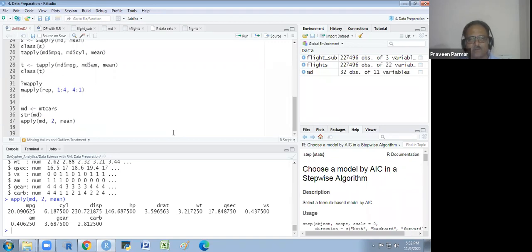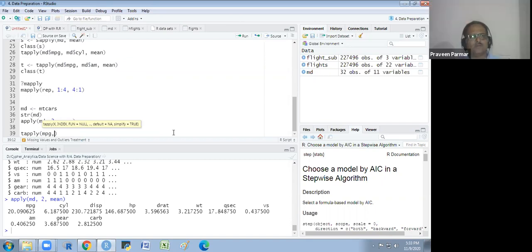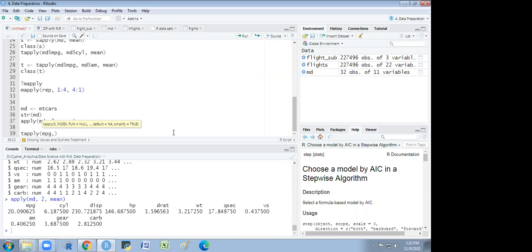But in tapply, what do we do? We write the continuous variable, mileage, with respect to another variable. We also have to write the data, so we write mtcars dollar mileage and then a categorical variable.